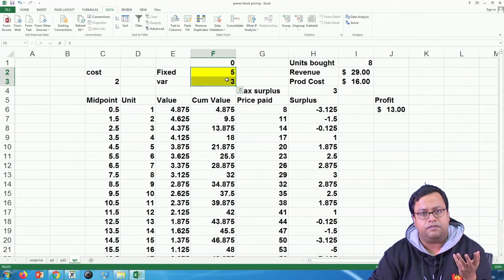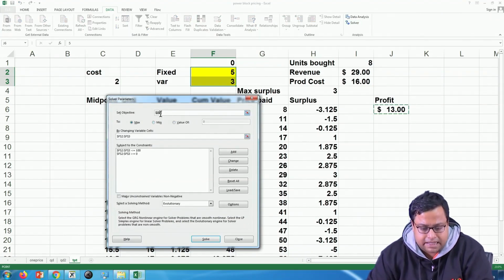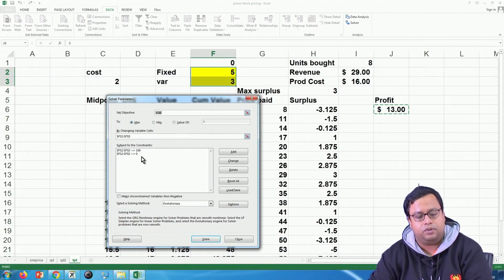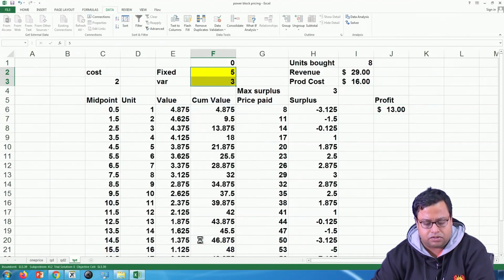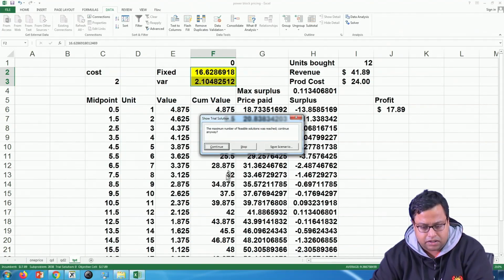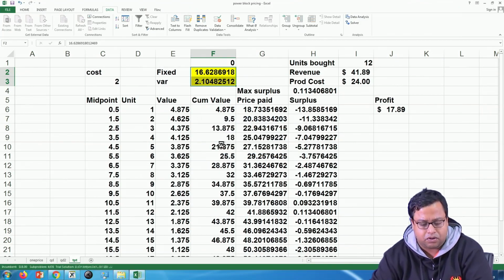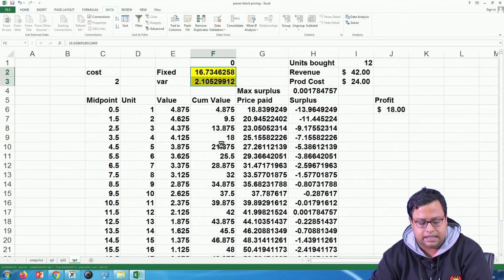Now, there is no cutoff business. So, by changing the 5 and 3, maximize J6 by changing F2 and F3, where F2 and F3 I have put between 0 and 10. You can also, if you want, put that F2 and F3 are integers. So, I will try to solve this. Quickly it is trying to solve and it has got me some result. I will ask it to continue a little bit more, so that I get a little bit better result, and let us see whether it comes up to something.